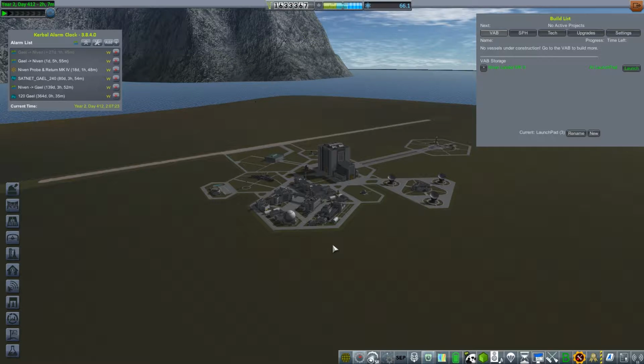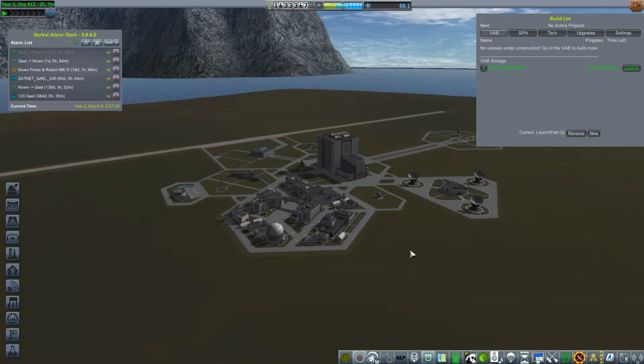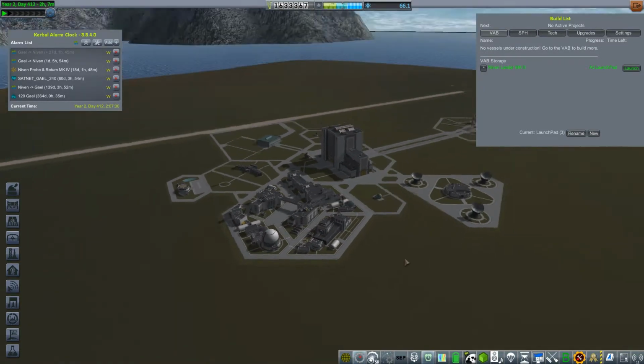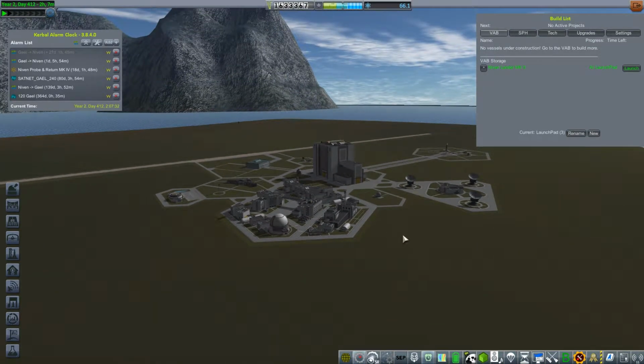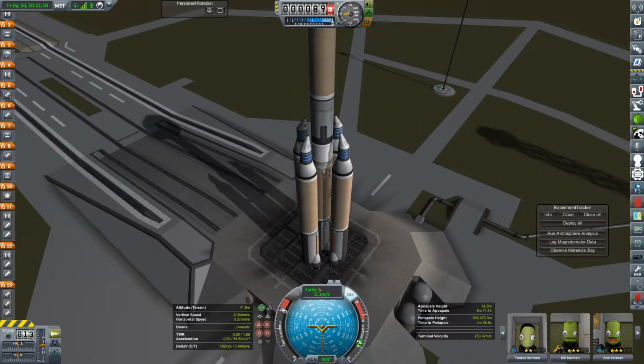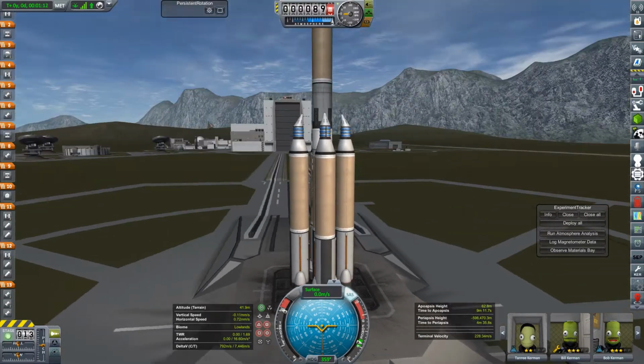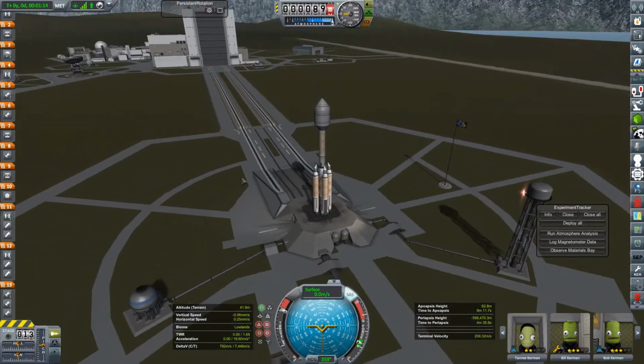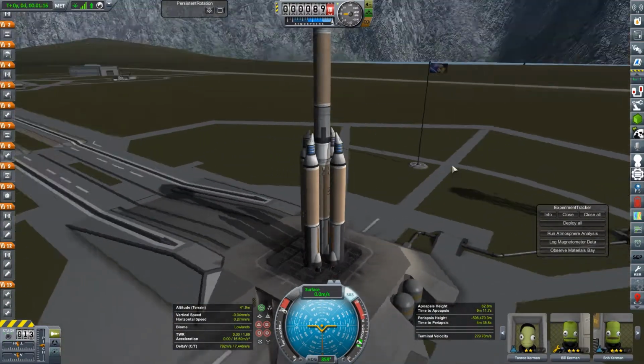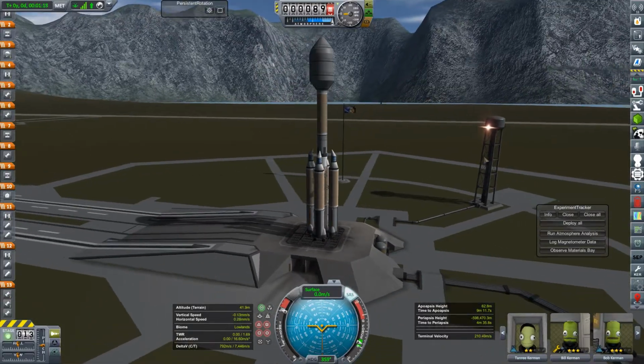So 1 day and 5 hours. I'm going to launch now because it's sunny. And it's 1 day's worth of food, I'm not worried about it. So I'm going to launch this and fill it with Kerbals. No solid boosters here, as you can see. This is a little more compact than the last vessel, but